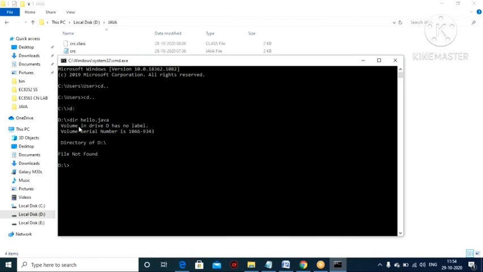The volume in drive D has no label, because this file is not available in the D directory; the file is not found. Type hello dot java.